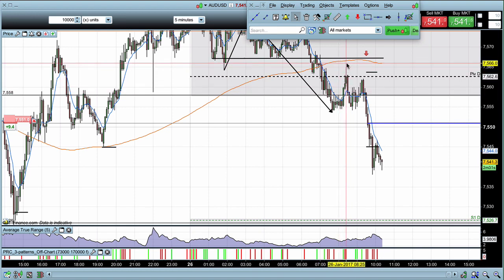Now, there was always the option to just enter when I started to see the rejection here. However, I had already done the analysis and I had already set the level for the entry. So when I didn't see that, I just had to wait. You know, it's more important as a trader to follow the rule set that you have than just try to jump in because you're afraid you're going to miss a good move.